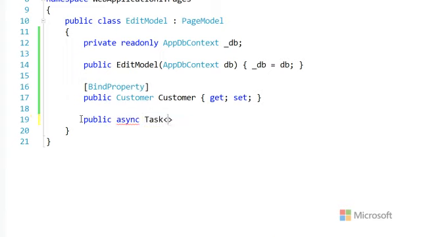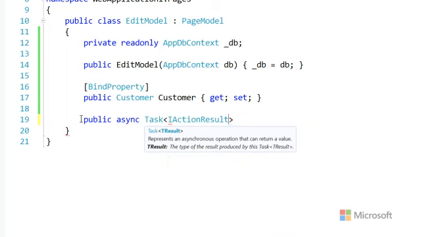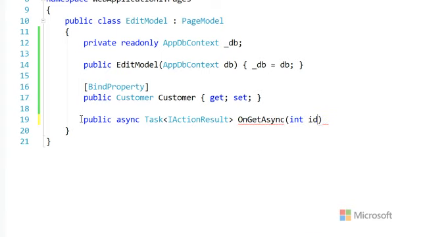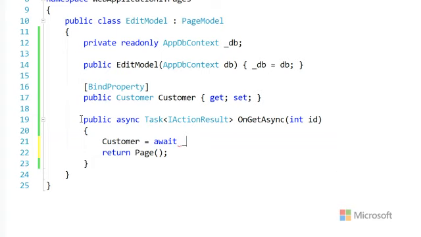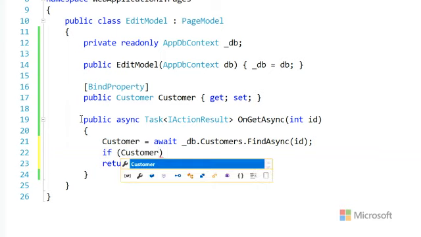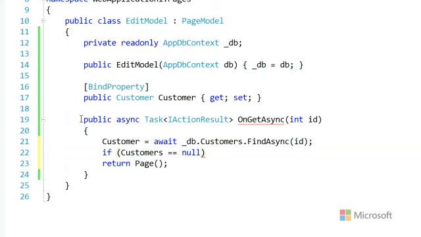So let's go and do our stuff again. We're going to have our action result, and here we're going to say on get, of course, int ID. That's going to get passed in automatically because of the way we set up our routes, which is nice. By default, we'll just return the page. But here, we'll say customer, the one above, go and get it from the database and find it. Yep, so find async, kind of a standard thing. You could pass in more complicated queries and get it other ways. If it's null, freak out. If customer equals null,